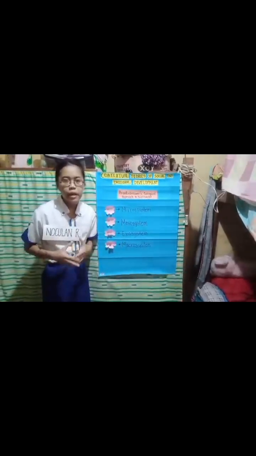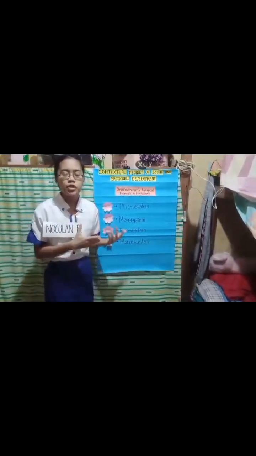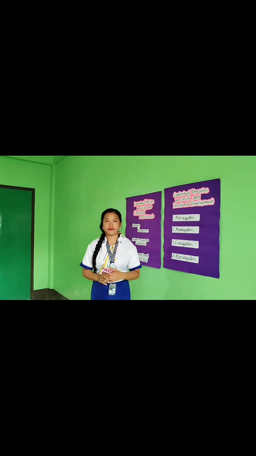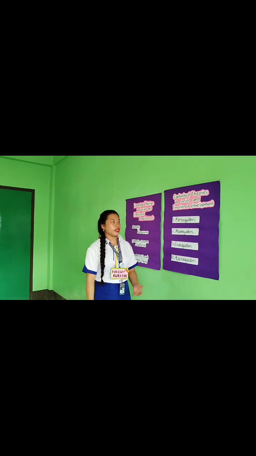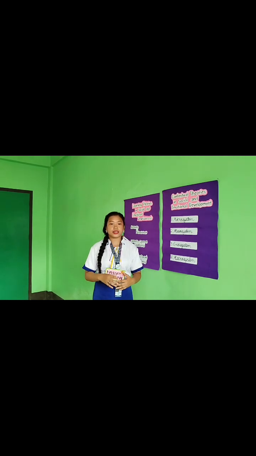Next is contextual theories of social and emotional development. It focuses on how individual development is shaped by environment and interaction, emphasizing the importance of relationships, culture, and social context. I will talk about the theory of an American psychologist named Urie Bronfenbrenner. He made a theory about how children grow and develop. His idea is that a child's growth is affected by the people and the environment around them.